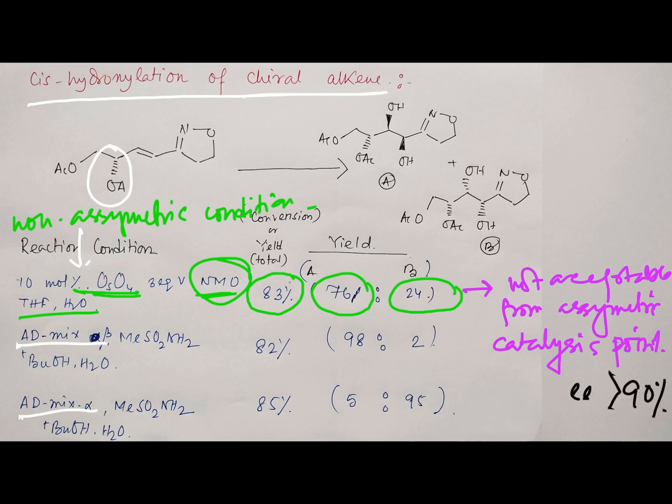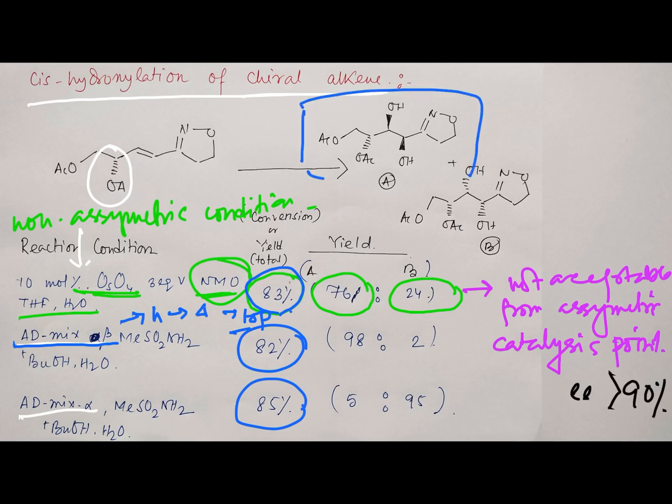Whereas if you take AD-mix beta, meaning higher, 4, it will be top. So beta means higher, it should be 4, so it should be top. Just remember in this way. So we can accept that the dihydroxylation from the top side will be the major product. An interesting point, see, the overall reaction yield 83, 82, 85 is almost close, but the asymmetric selectivity changes. So we expected that dihydroxylation will occur from the top side, fine. In this case selectivity is 98% and the bottom side 2%, which you may consider very little,